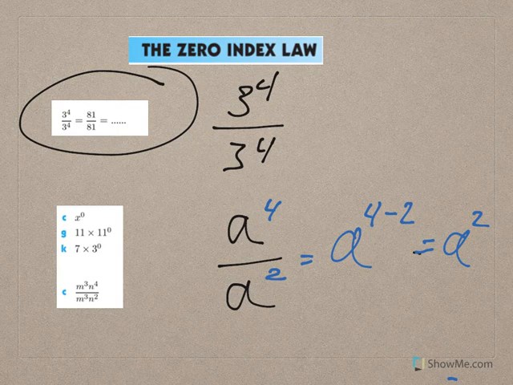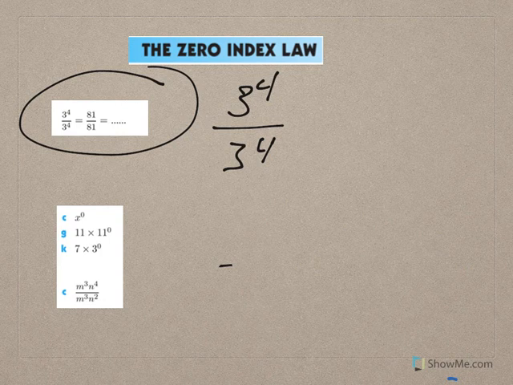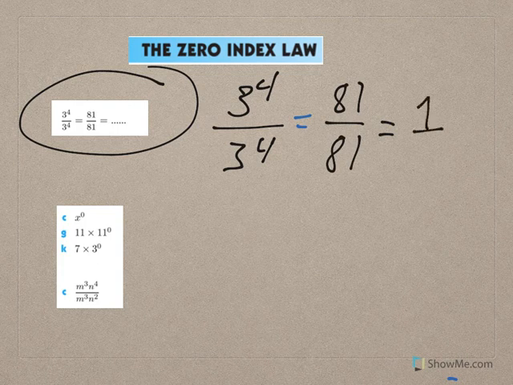So, therefore, we're breaking it down and having a look at 3 to the power of 4 over 3 to the power of 4. We know that what we do with the 4s is we subtract them. So it's going to be 3 to the power of 0. We also know that 3 to the power of 4 over 3 to the power of 4 is the same as we see there, 81 over 81. We also know that 81 divided by 81 is 1. Okay? We also know from our previous